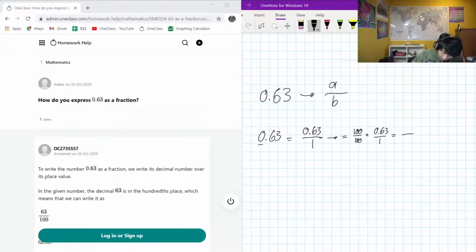And, well, on the bottom, we'll have 100 times 1. That's 100. That's nice and easy. Now, 0.63 times 100, that just means we're going to shift over the decimal place by one spot and then another spot. So 2 spots that we're going to move over the decimal, and that's just going to be, well, 63 over 100. And that looks like a fairly reasonable